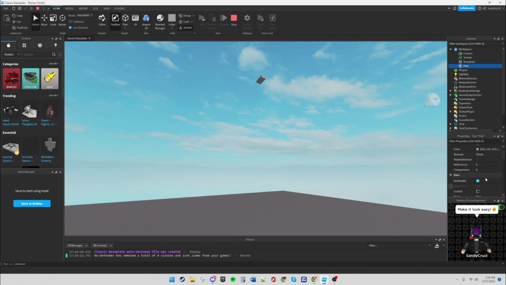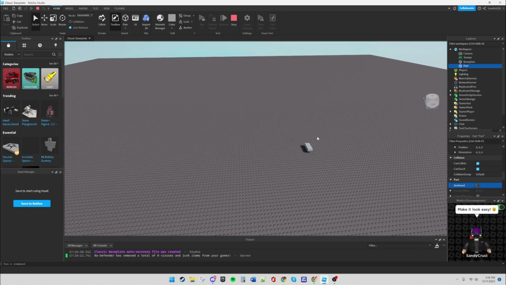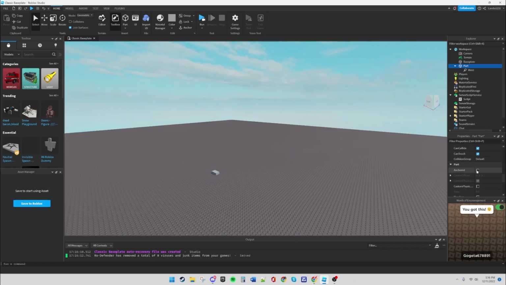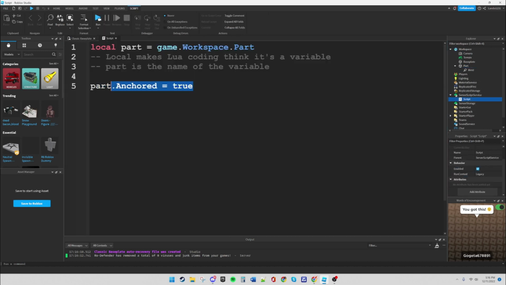But if I turn the anchor to false, hold on, it's acting weird. Oh, here we go. If I turn the anchor to false, look what it does. It falls and bounces all around. So anchoring is very important. Alright, so let's put that down there, and then let's anchor that part, so we can get rid of that. Then now, here's another